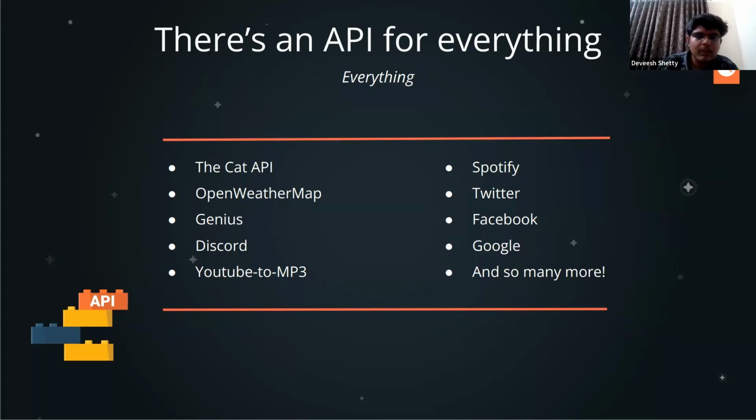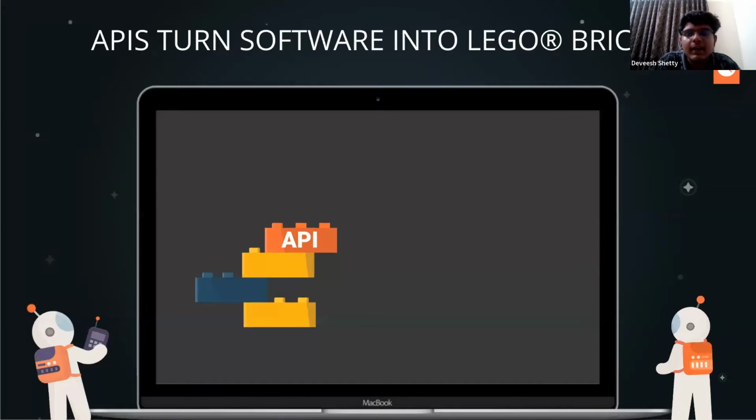Okay. So next, another analogy I can give for an API is Lego bricks. A single piece of software is not built with only one API. It is built with a collection of APIs. They are like individual Lego bricks. So it's on the developer how he connects them. If he randomly puts all the APIs in one place, it will make a weird structure.